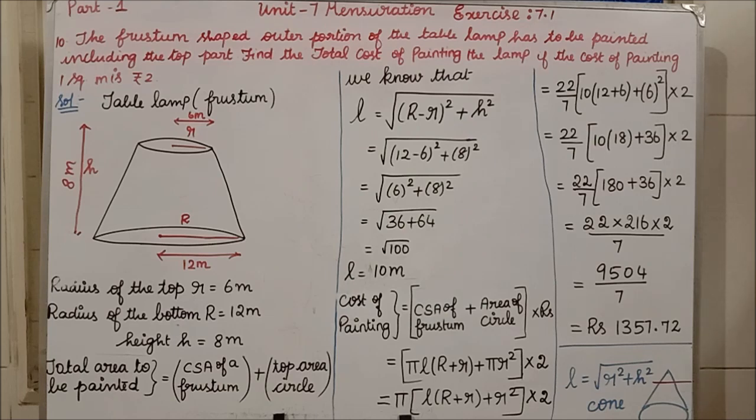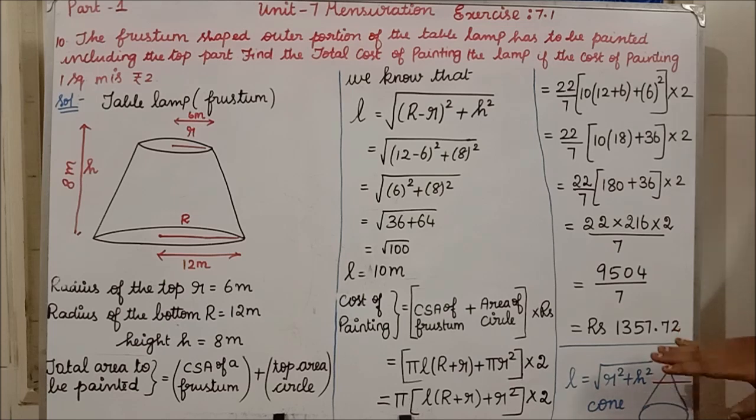Okay, so when we are talking about a cone, we will be having two heights. One is the slant height and another one is the edge height. So what is the formula to calculate the L for a cone? Slant height, how will you calculate? Square root of R square plus H square, I taught you. Isn't it? Slant height formula is L is equal to square root of R square plus H square.